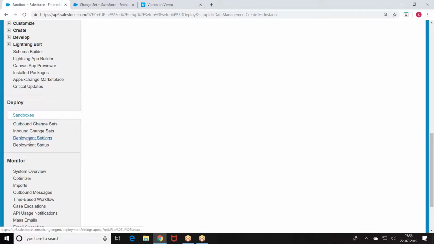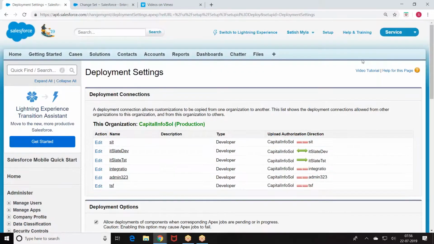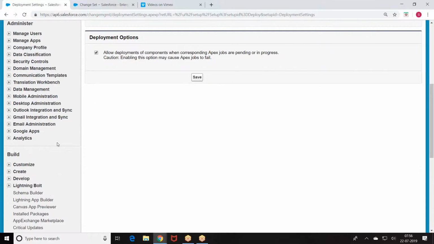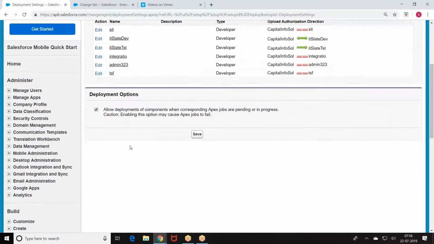Now here we have deployment settings. I went to the production. In the deployment settings, what do we have? TSF. In the production, the list of sandboxes we have. Capital Info production. Go to the sandboxes. Then we have deployment settings.